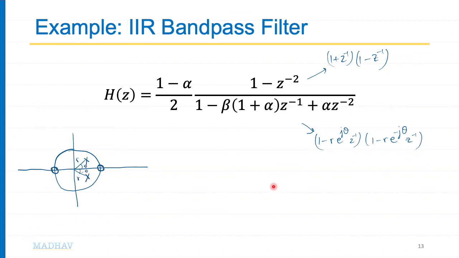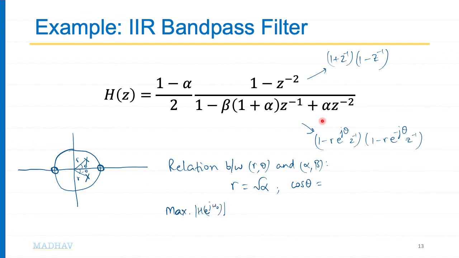So this is how it will look. You have zeros at plus 1 and minus 1, and then two complex conjugate poles with magnitude r and angle theta and minus theta. Now what is the relation between r, theta and alpha, beta? If you derive it, it's a very simple derivation, you can do it on your own. r is simply the square root of alpha, and cos of theta is equal to